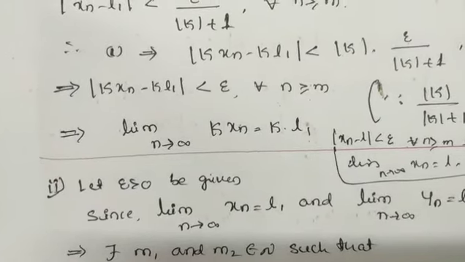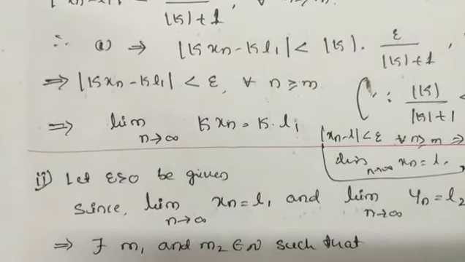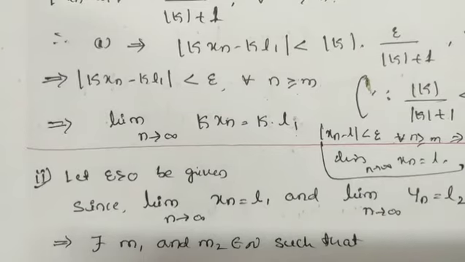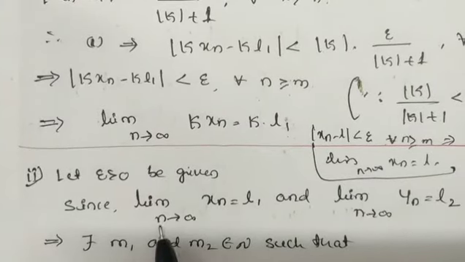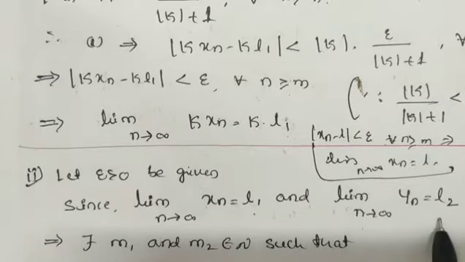Let epsilon greater than 0 be given. Since it is given that limit as n tends to infinity xn is equal to L1 and limit as n tends to infinity yn is equal to L2, there exist m1 and m2 belonging to N such that